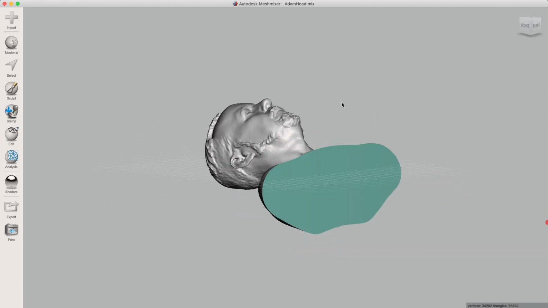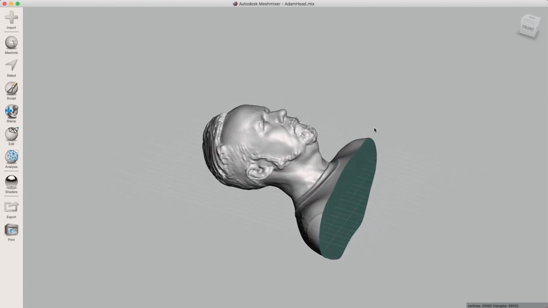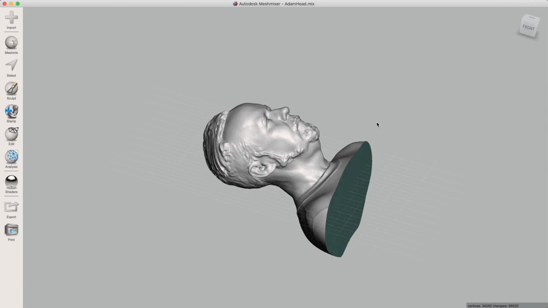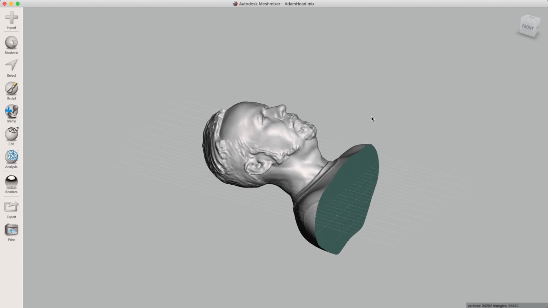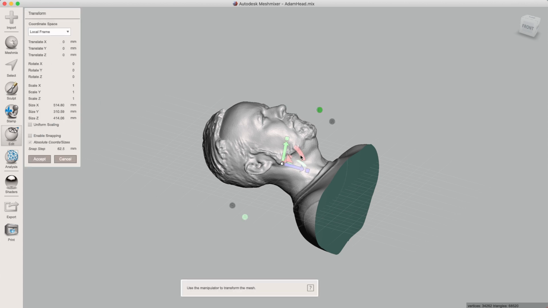And sometimes you want it to be, in the end, you're making a 3D model and you're going to place it in your printer. So it's not super important that you get this perfect, or line this perfect, but it definitely helps. So what we're going to do is we're going to come into Edit. Then we're going to do Transform, and we're just going to rotate the head